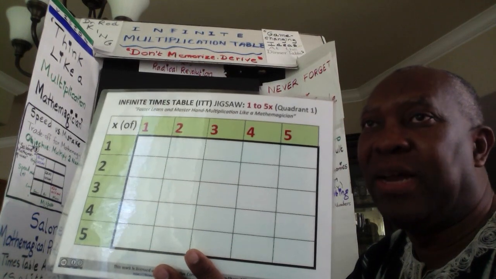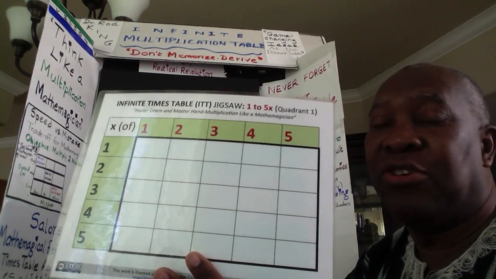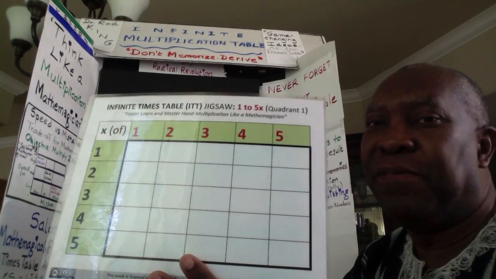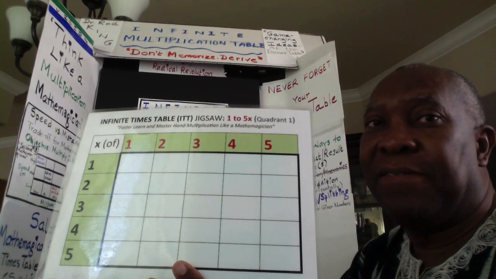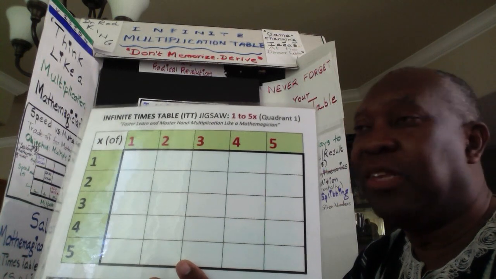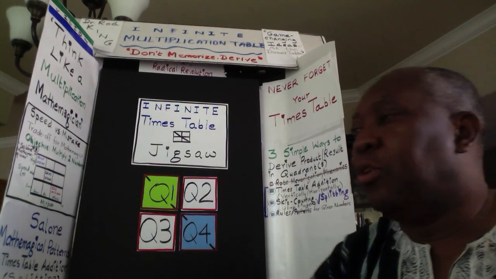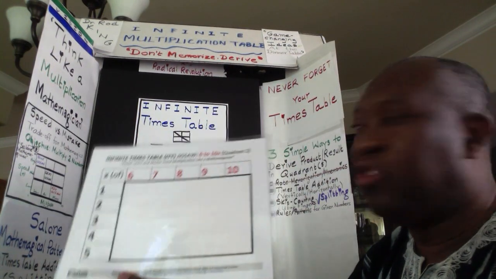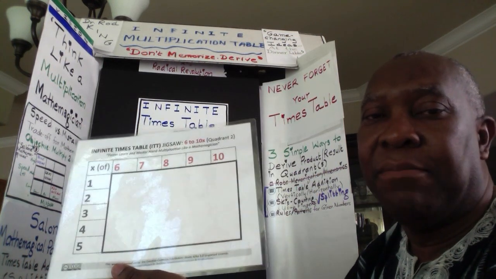The quadrant 1 grid must be mastered. It is symmetrical, so you don't need to learn all of them. You only need to focus on 15 cells. And in the first part of the presentation on the infinite multiplication table, I talked about how this could be mastered. You can also do the same for quadrant 2, and these 4 quadrants from the 10 by 10 multiplication table.